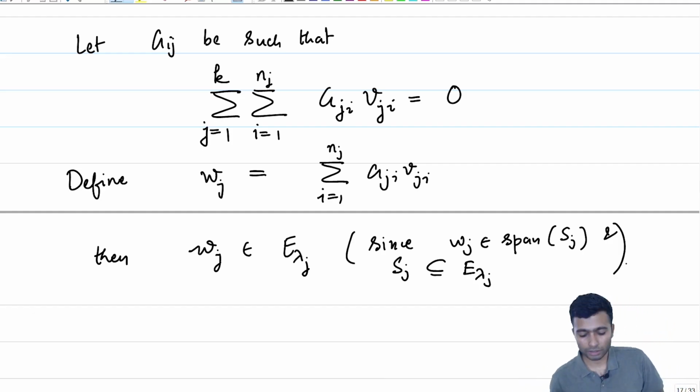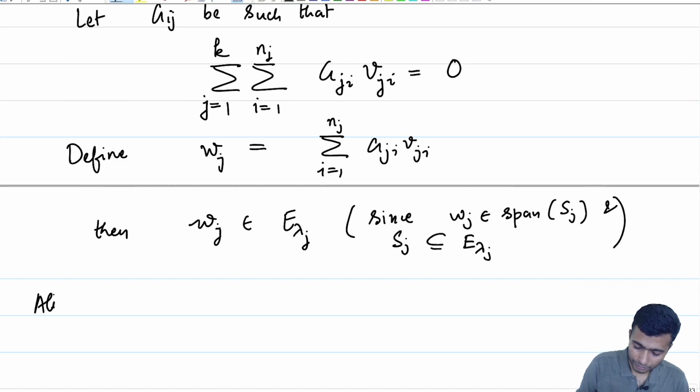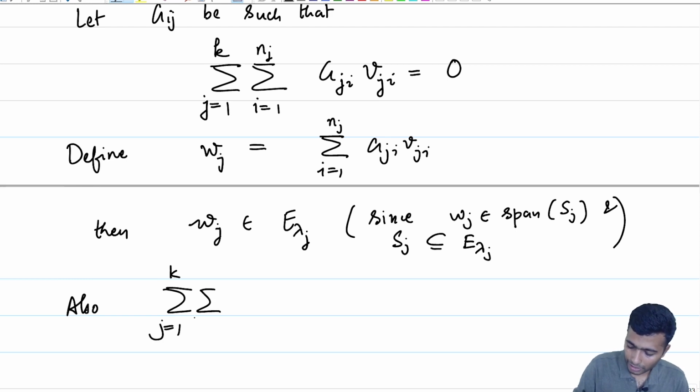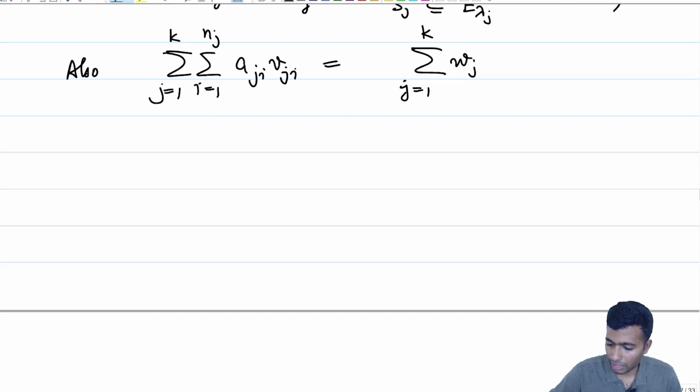Because of this, each of the Wj's belongs to E lambda j, and this expression above, the summation j goes from 1 to k, i goes from 1 to nj of Aji Vji, is now equal to the summation j equal to 1 to k of Wj. That is precisely what we have written it as, and we are given that this is equal to the 0